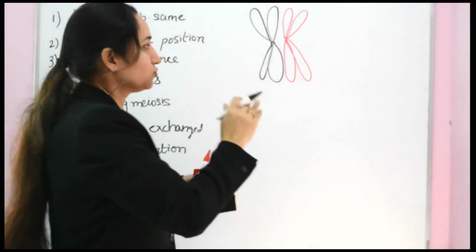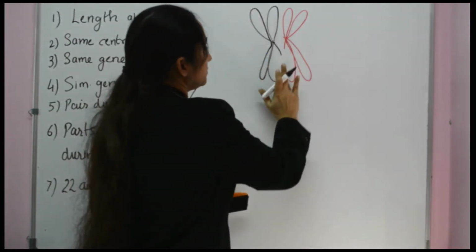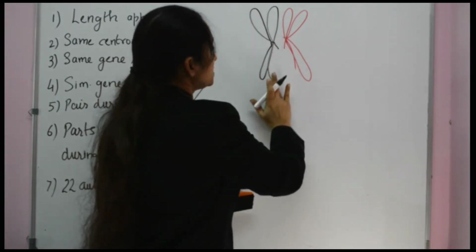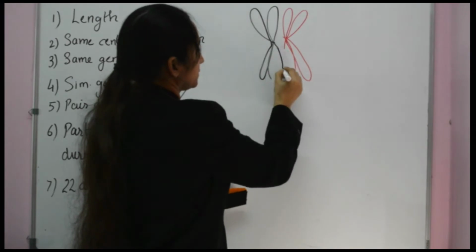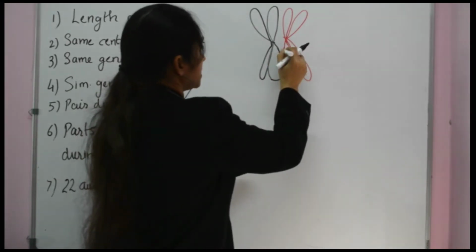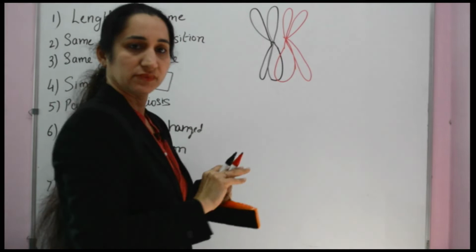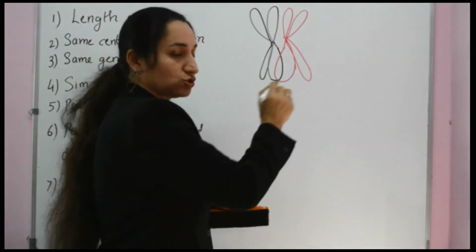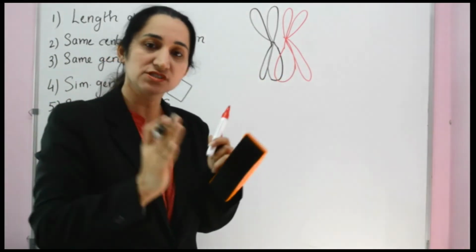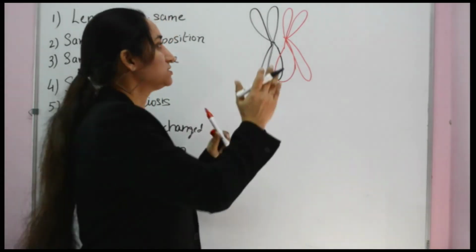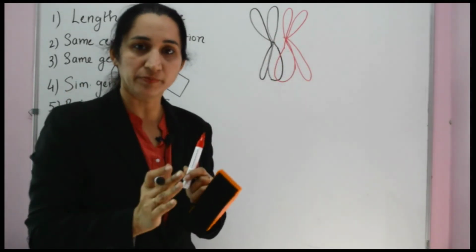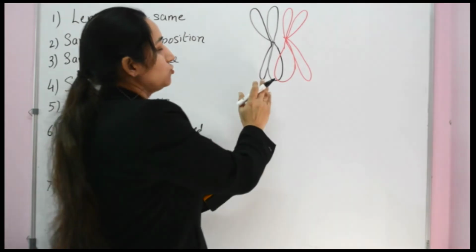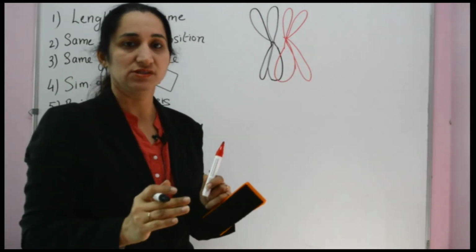After that, in prophase 1 of meiosis, these two start crossing over with each other, right? When they start crossing over, first they form pairs. In meiosis, these homologous chromosomes form pairs, and then start crossing over with each other